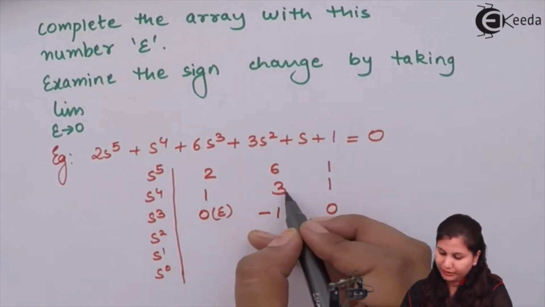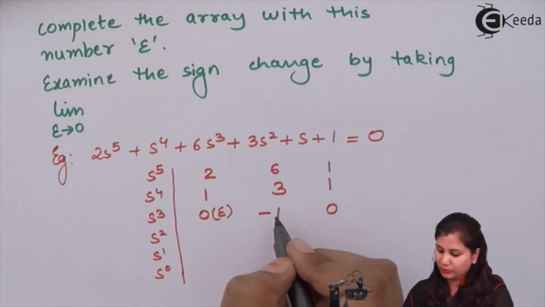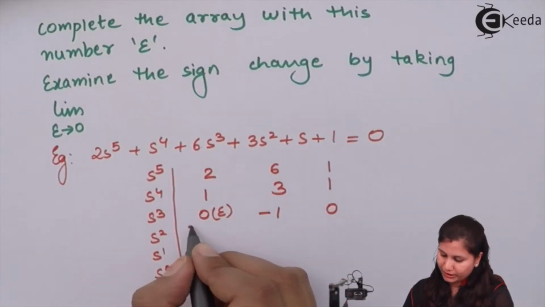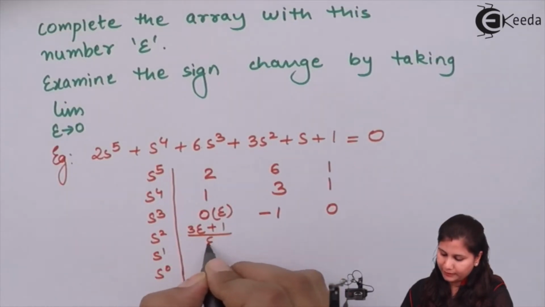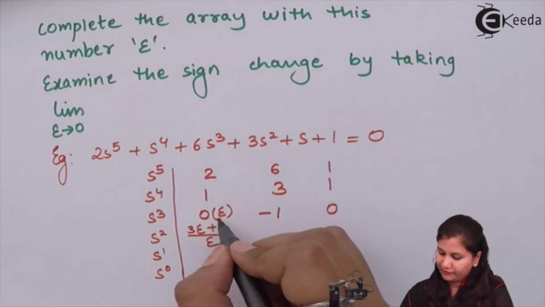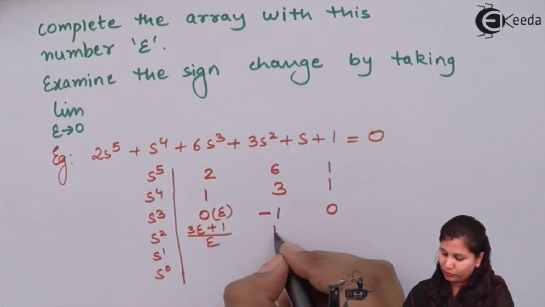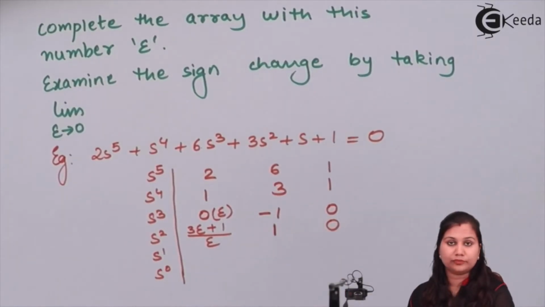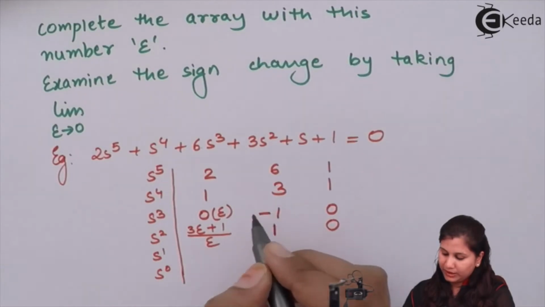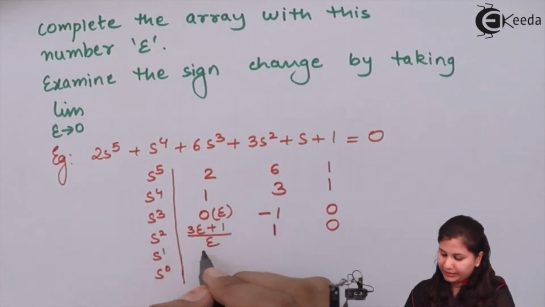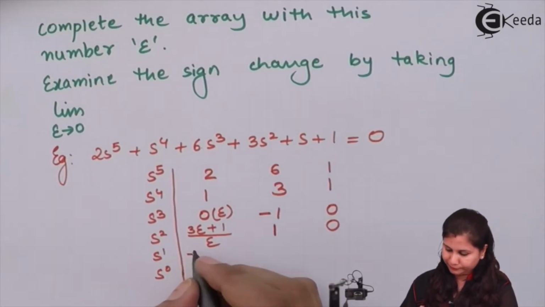So epsilon into 3, 3 epsilon minus 1 into minus 1, so it will be plus 1, divided by epsilon. So it will be 3 epsilon plus 1 upon epsilon. Then next we will have epsilon into 1 and 1 into 0 upon epsilon. So it will be 1. Next we will have 0. Then s to the power 1. We will multiply this with minus 1, epsilon with 1 divided by this. So we are going to get this number as minus of